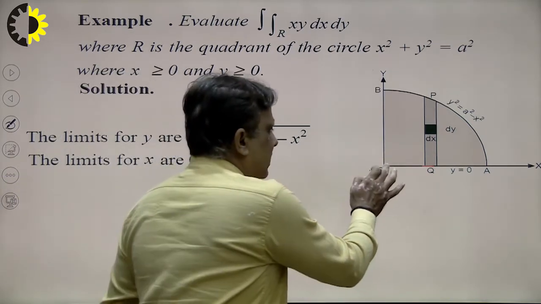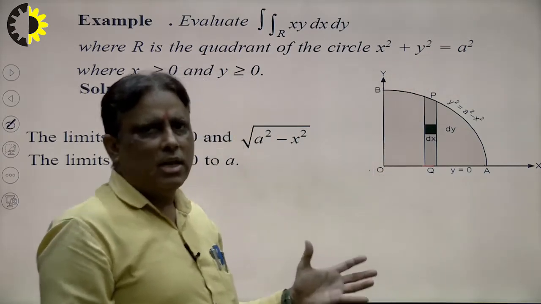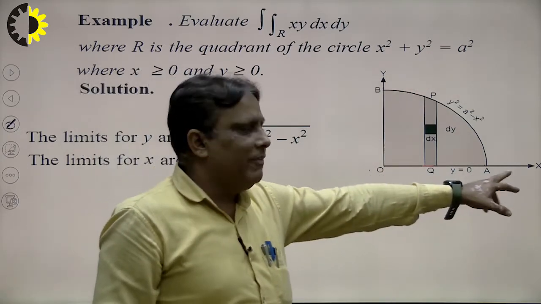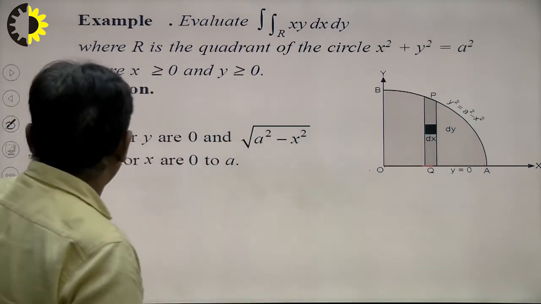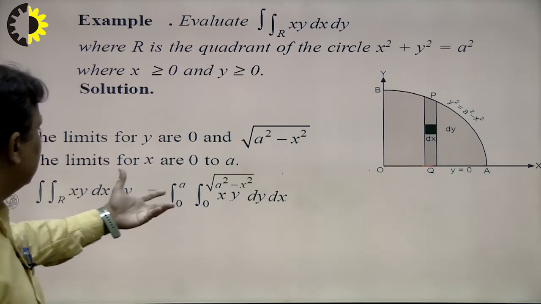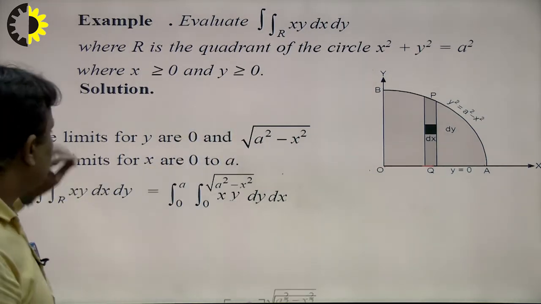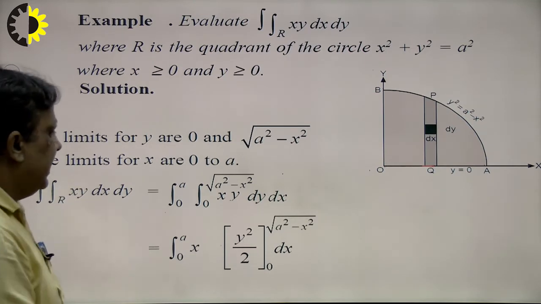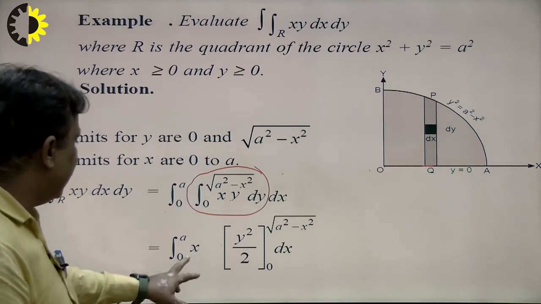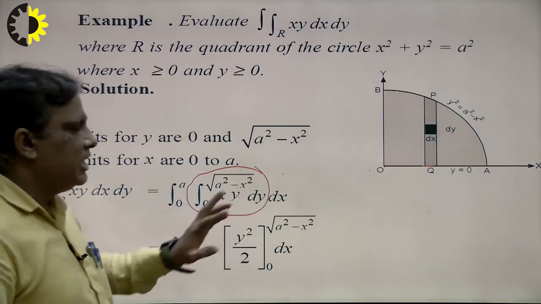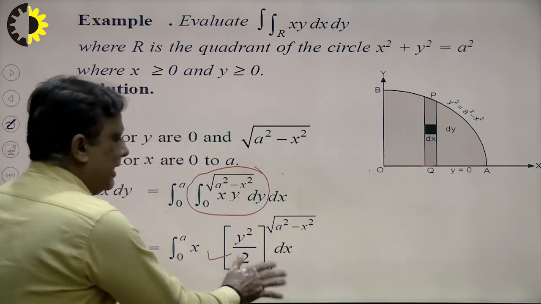In this there are 3 coordinates, first, second and third, and for all these the lower limit will be 0 and the upper limit will be a. So we can say that the lower limit is 0 and the upper limit is a. So how do we solve this? These are the limits using the strip, and first of all we integrate with respect to dy. X is a constant, so we write x here, and the integration of y will be y square by 2, with upper limit minus lower limit.